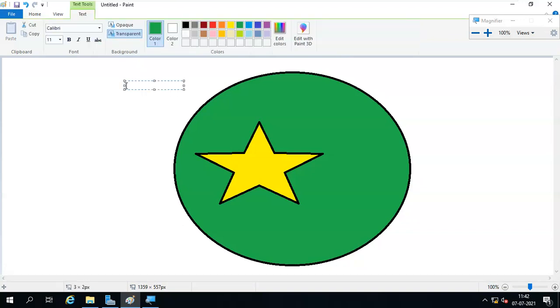What happened? Yeah, the paint brush, worst brush. See, it is loading very slowly.